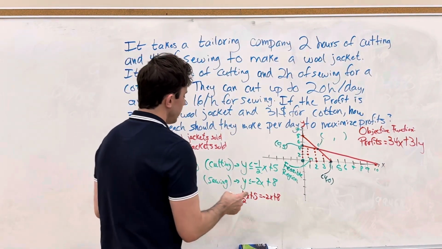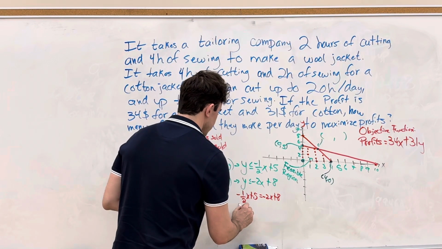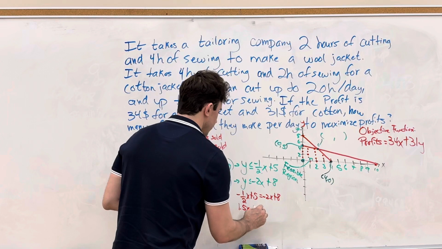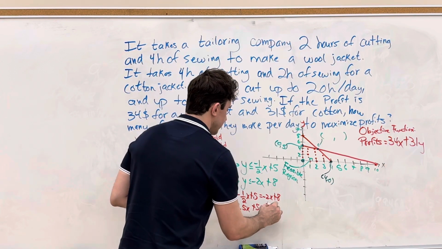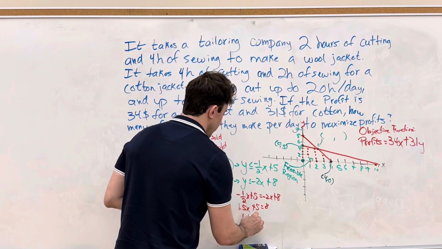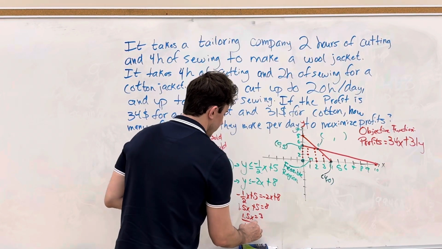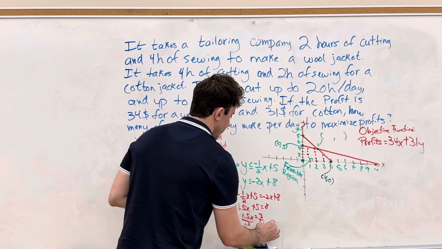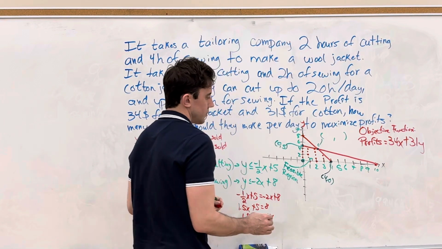And so now you can do your algebra, add 2x to both sides, so you'll have 1.5x plus 5 is equal to 8. Subtract 5, 1.5x is equal to 3. And divide by 1.5, divide by 1.5, and you find that x is equal to 2,